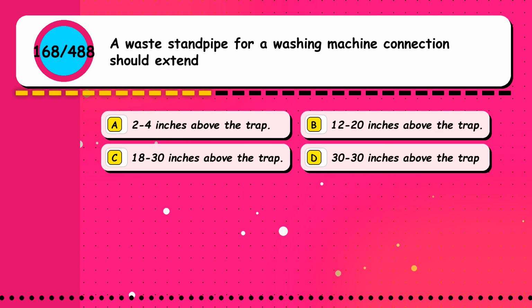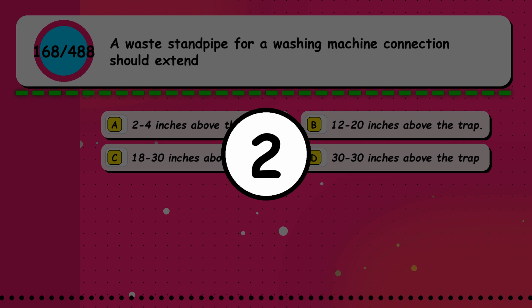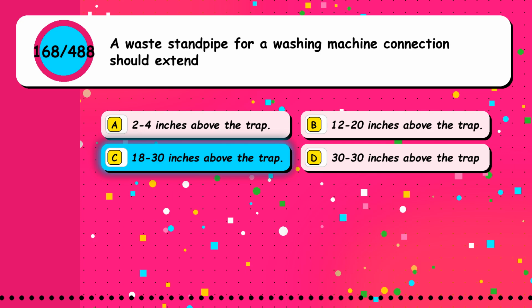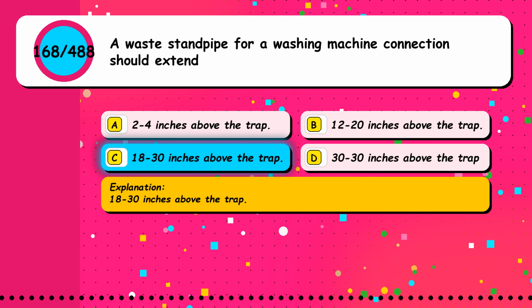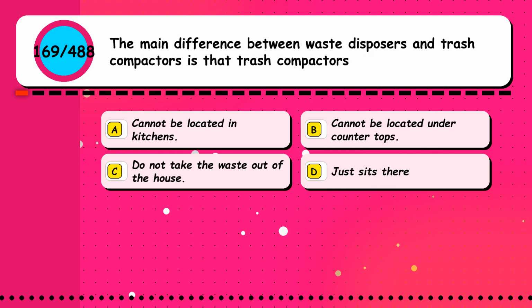Option A, 2 to 4 inches above the trap. Option B, 12 to 20 inches above the trap. Option C, 18 to 30 inches above the trap. Option D, 30 to 30 inches above the trap. The correct answer is option C, 18 to 30 inches above the trap. Question 169. The main difference between waste disposers and trash compactors is that trash compactors: